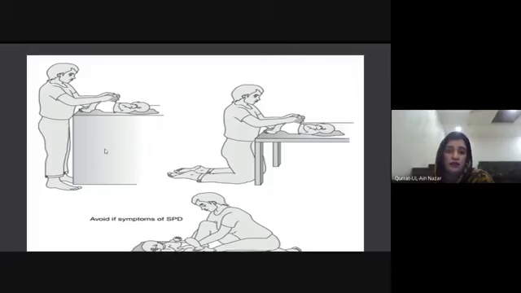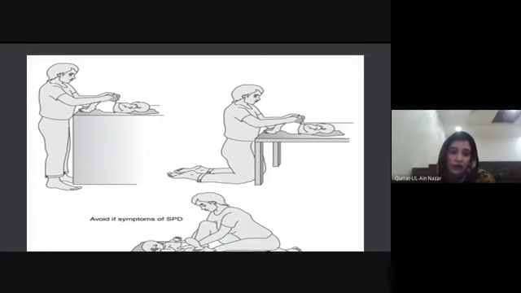And in the kneeling position, you can see that the mother again uses a comfortable height for the baby. She places the baby at a comfortable height and then changes the nappy. And on the floor, you can see the mother sitting comfortably, and here you can see the posture of the mother. This posture helps the mother to relieve the symptoms of SPD. And see how she places her baby on the floor and then changes the nappy of the baby.